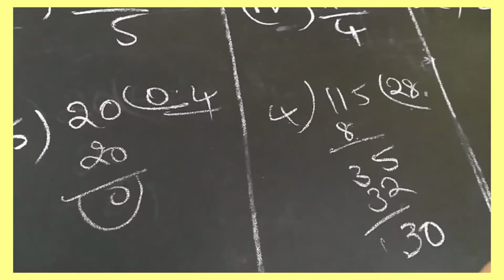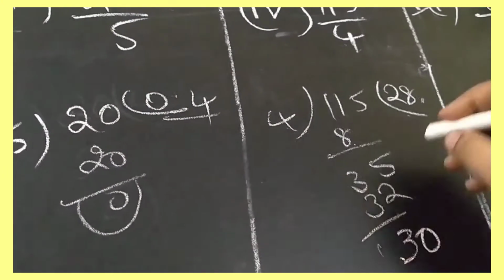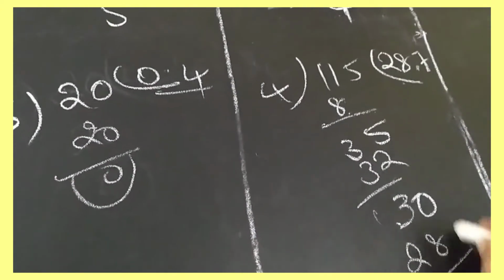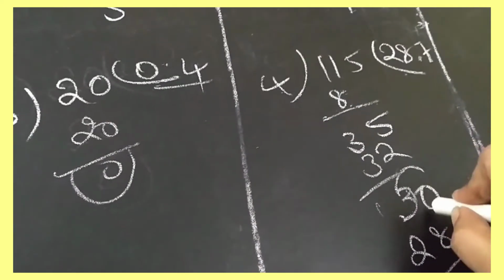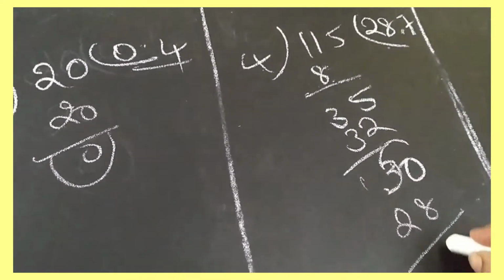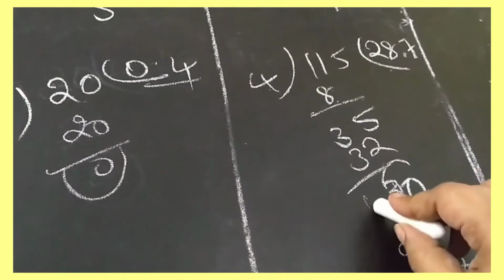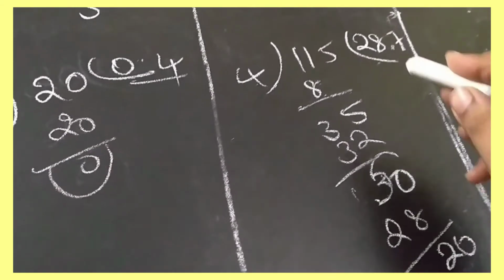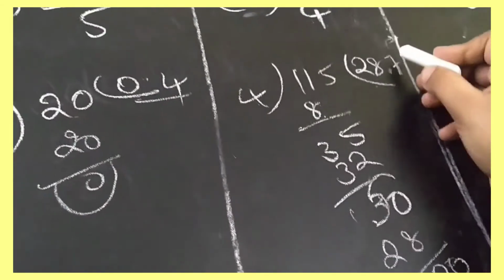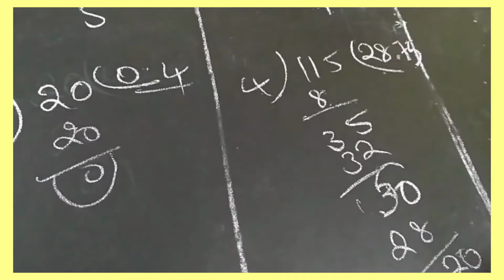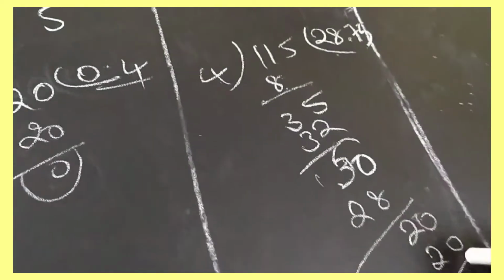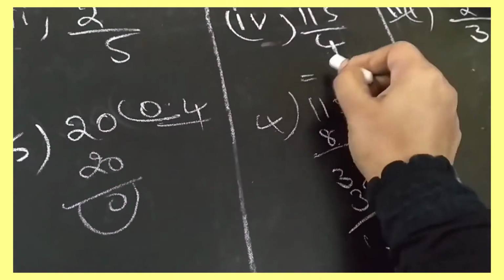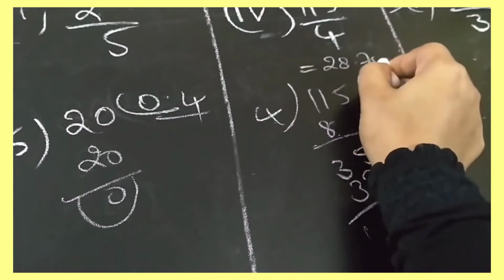So we have to see how many times this 30 goes in 4 table. So we can write here 4 sevens are 28. Again I'm taking here one borrow and making this 0 as 10. 10 minus 8 is 8, 9, 10. It is 2. Again here 2 is there now. 2 minus 2 is 0. Again we are making these 2 as 20. Point is there here now. So 4 5s are 20. It is 5 here. So we can write this answer as 28.75.